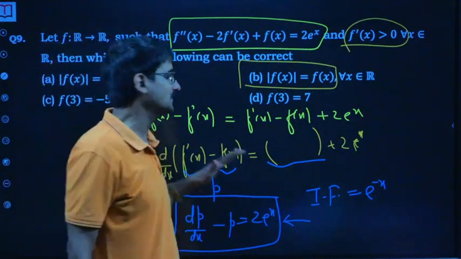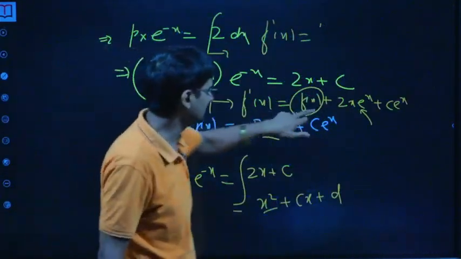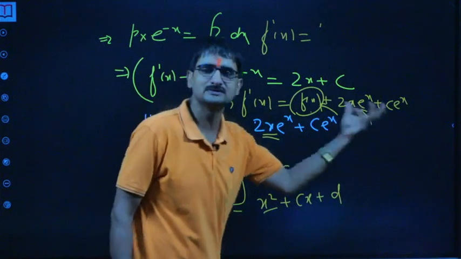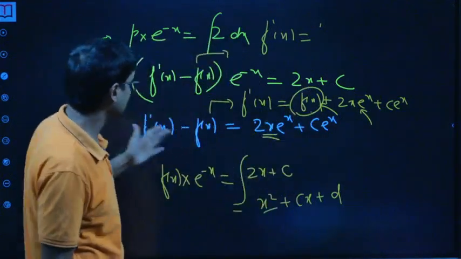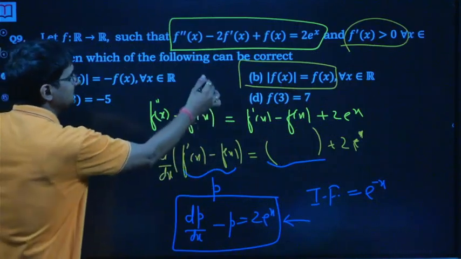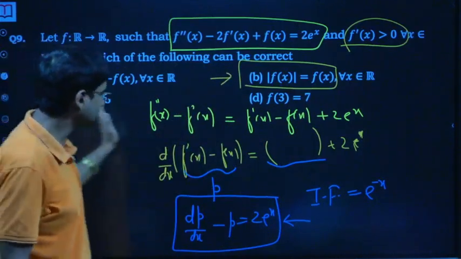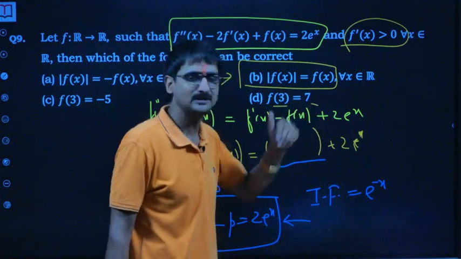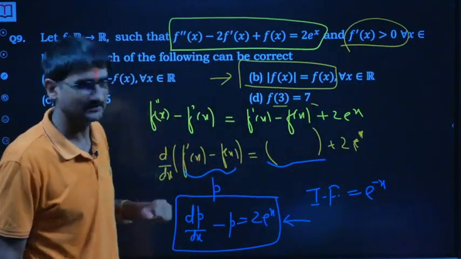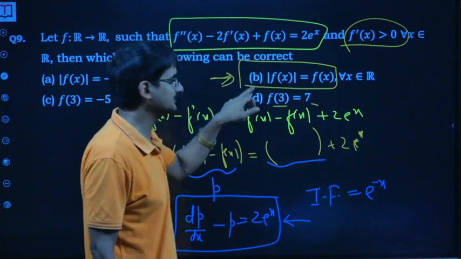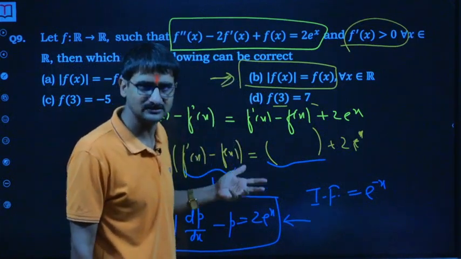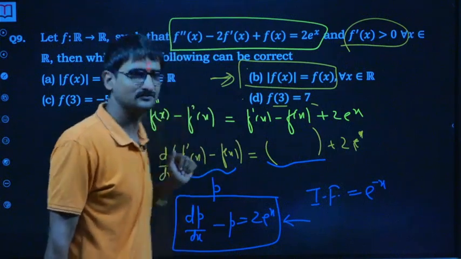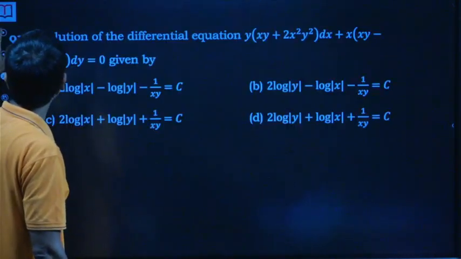So that's not possible, because for this term to be positive, if fx is positive, this can be always positive for all x. Okay, so from that I claim that this should be the answer. We can't claim anything about the values. I mean, of course, we can say that if it is always positive, f3 can be 7. So that can again be the correct one. But since it was a single correct question, the correct one is this. If this had been a multiple correct question, I would have gone for this option also, B and D. Okay, so now quickly moving to the 10th question.